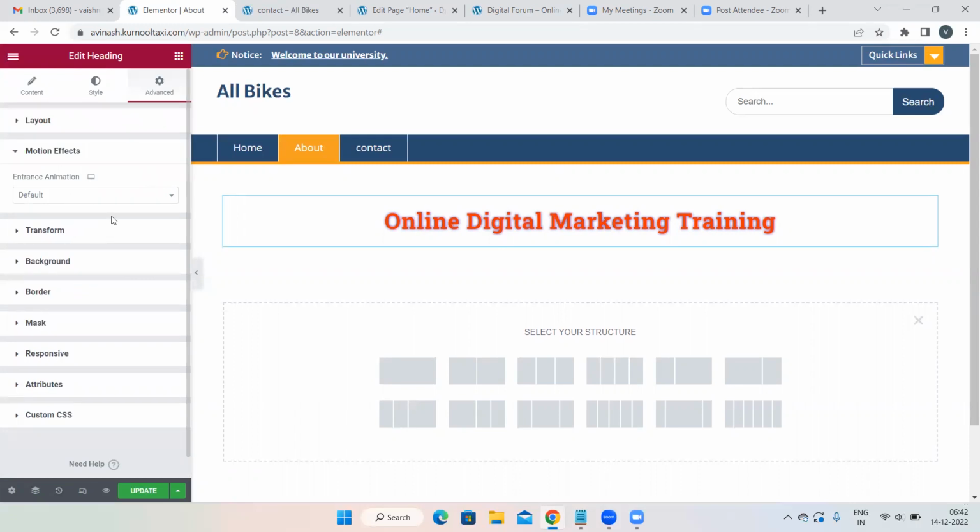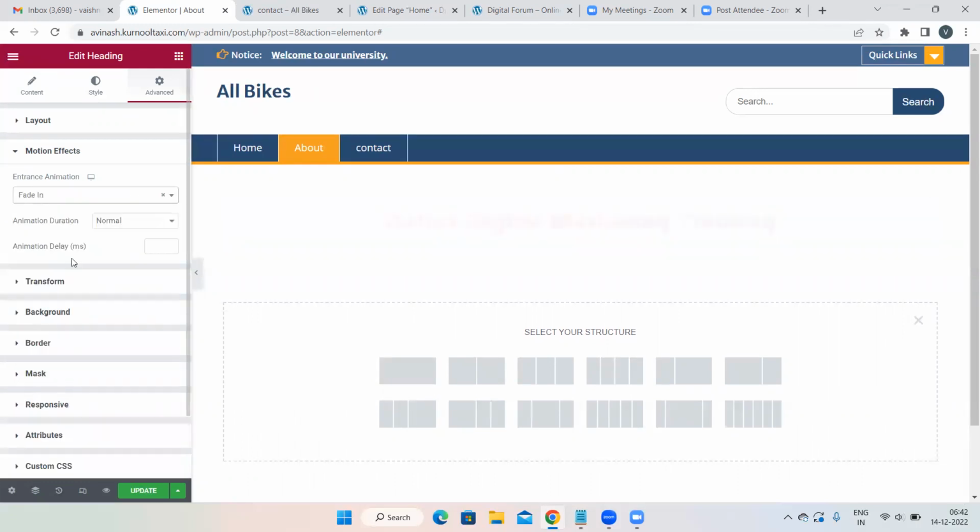Then motion effects options are there over here. If you observe in the advanced, motion effect options are there. This is a good option in case yours is some e-commerce website or a fun website where you are selling some jewelry or these kind of things. I mean, if it is not a serious website, you can use this entrance animation option,